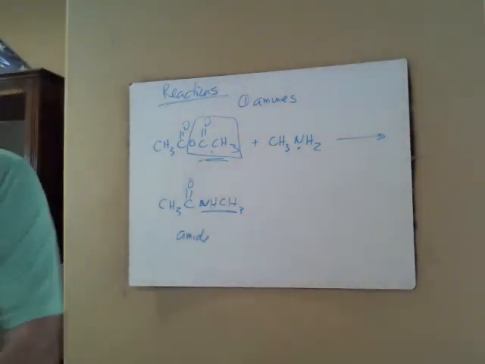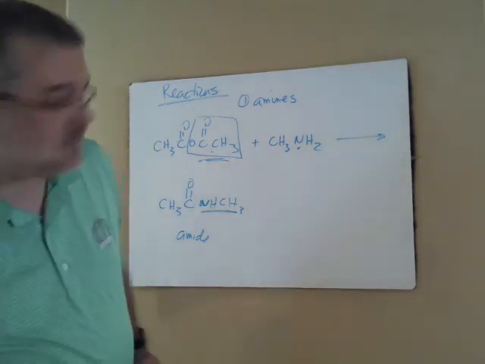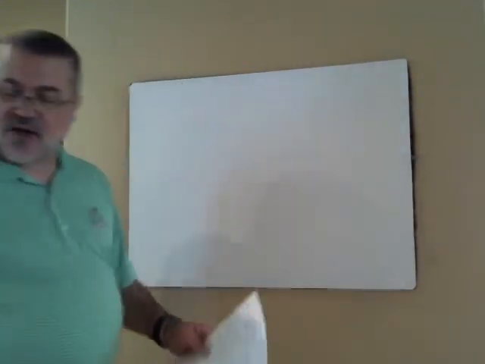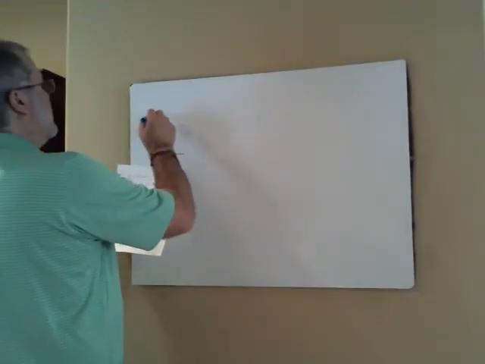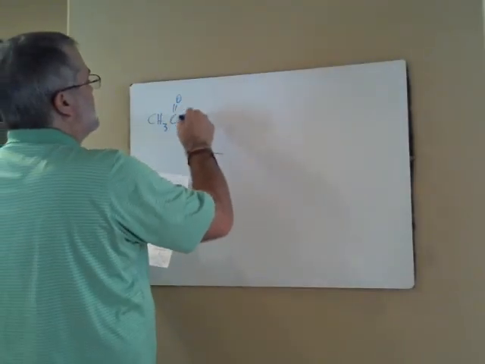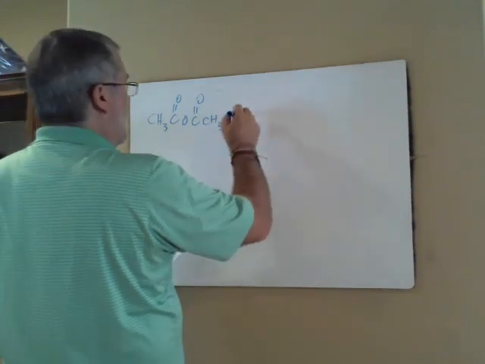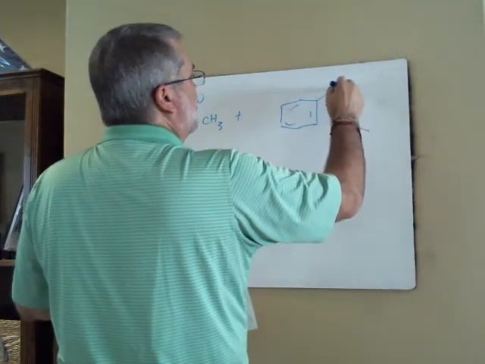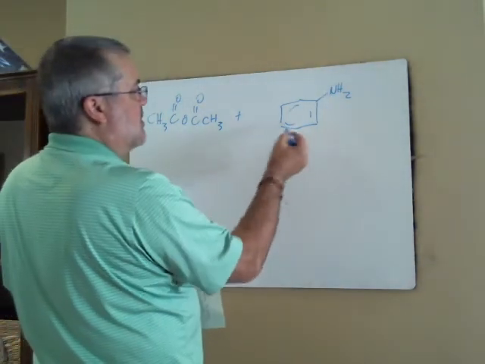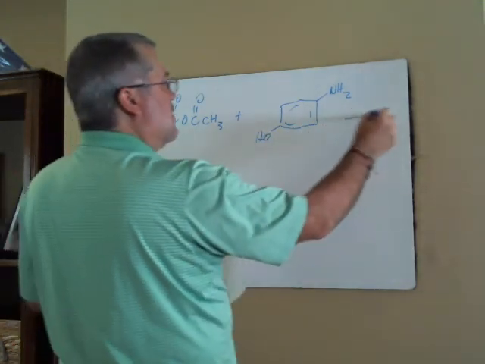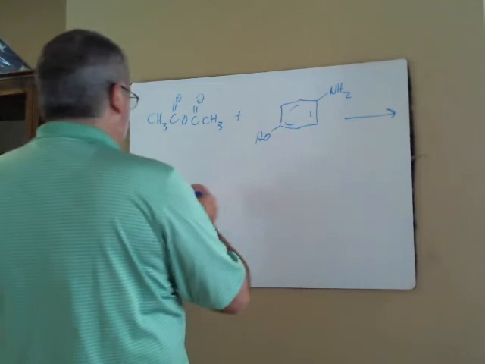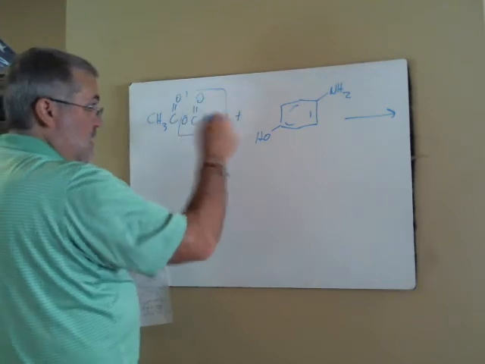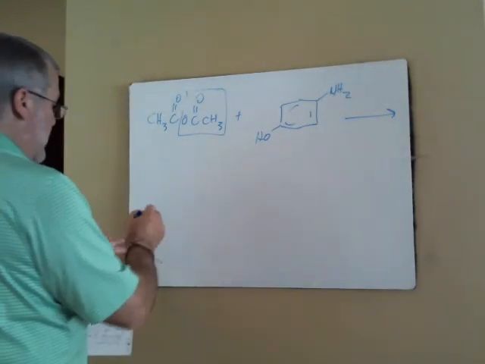And just to give you an example of one that might have a little bit of application or interest to you. If you do take acetic anhydride and react it with this amine, and it's a substituted aniline, but you still have the amine functionality. You have an OH here. You react these things together, and what you form, remember, here's what's in the box. You're substituting it with the nucleophile. So what you end up with